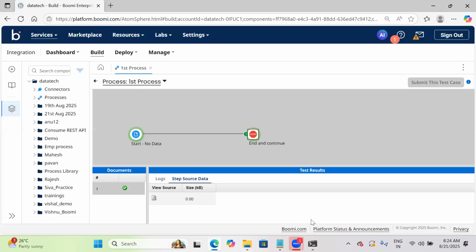Okay, fine. Now, I have told you at the time of execution, this will be in yellow color. Once the execution completed successfully, then this will be turned into green color. Let's take an example. Sometimes you may do some sort of mistake. So at that point of time, if some error is going to happen at the time of execution, the respective shape or connector will be converted into